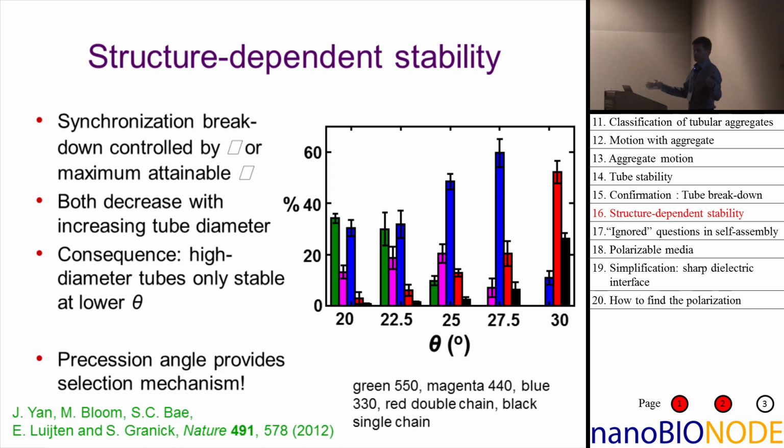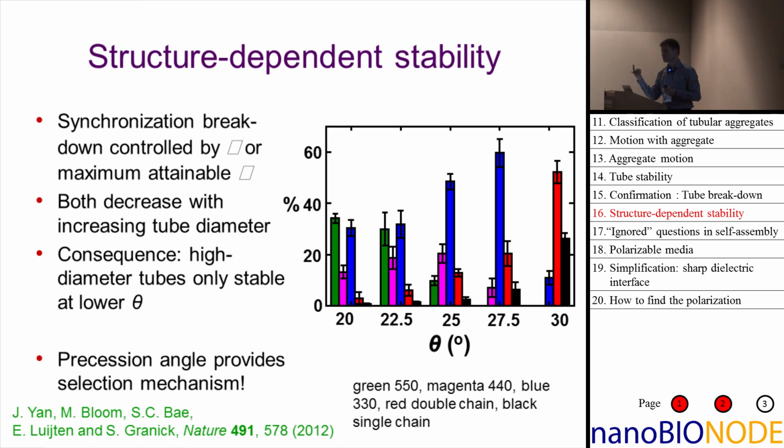So that means that you do this self-assembly and you end up with a whole zoo of self-assembled structures. And there's very little control you often have on which of these structures dominates your final collection of structures. Here we can control that. Because this angle theta, and this is just of course an illustration, this angle theta controls the stability of tubes. But tubes of different diameters, which you would end up with, have different critical angles theta. Because they experience a different amount of drag, they need a different torque to move around at a certain speed.